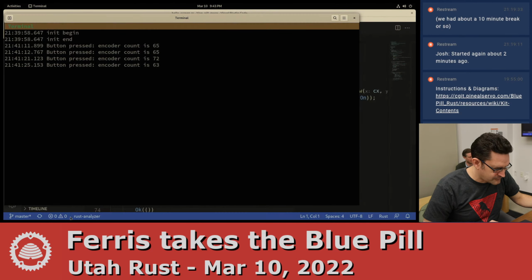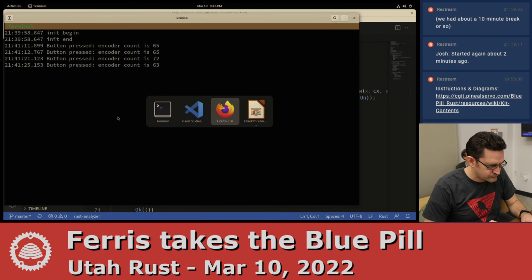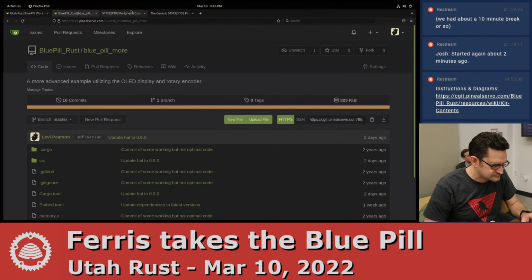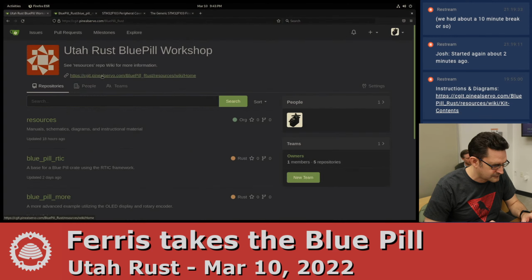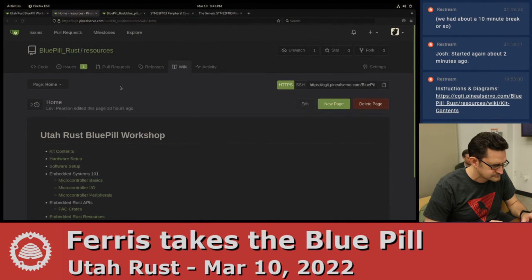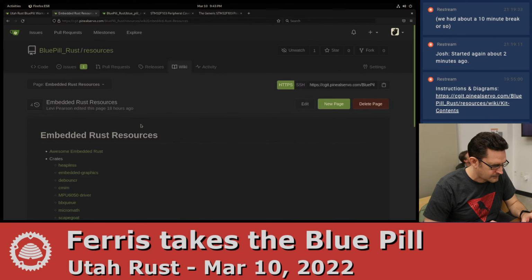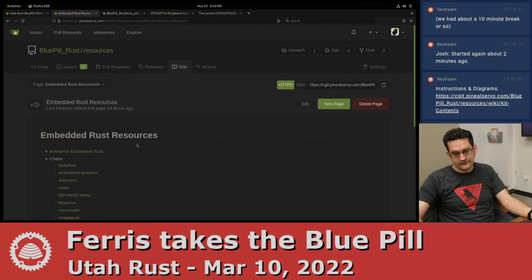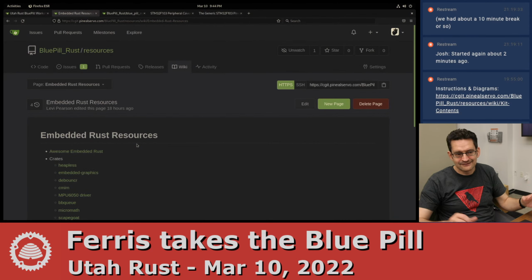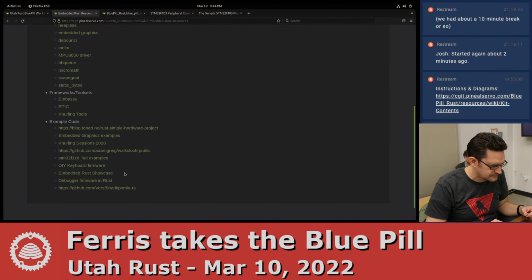But there are some, in those resources links, there's some interesting projects that people have done that you can look at for inspiration. The Tonari one is pretty cool. They basically use very similar hardware where they've got a rotary encoder, and they use it to control some multicolor LED lighting, and I don't remember the other stuff it does, but